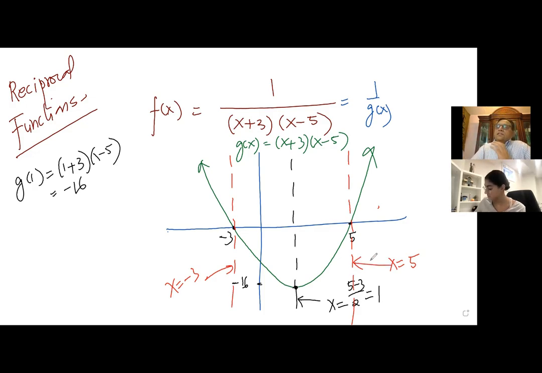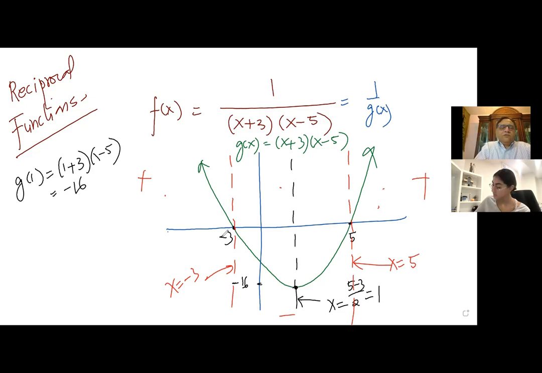Now, the reciprocal of a positive is always positive, and the reciprocal of a negative is always negative, right? That means these asymptotes have divided our plane into 3 parts: part 1, part 2, and part 3. So the left side and right side will be positive, and the center portion will be negative because the parabola has negative values below the x-axis, correct? Now, this portion on the two extremes, left side and right side, which are positive,